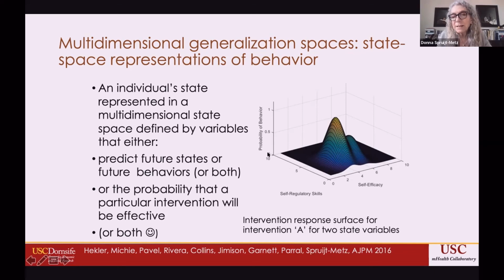So let's say my self-regulatory skills are really high that day. Even if I'm not so sure I can stay away from chocolate, if I'm feeling strong self-regulatory, then my probability of jumping over to chocolate might be lower. So I always say, think of this blanket as a small animal crawling around under the blanket, and how all these variables